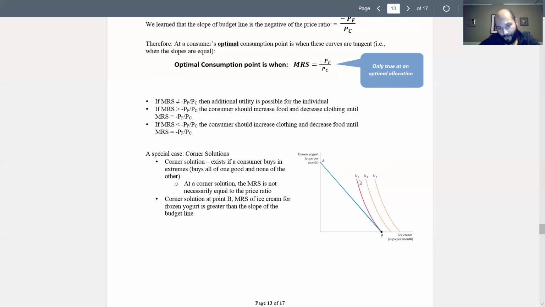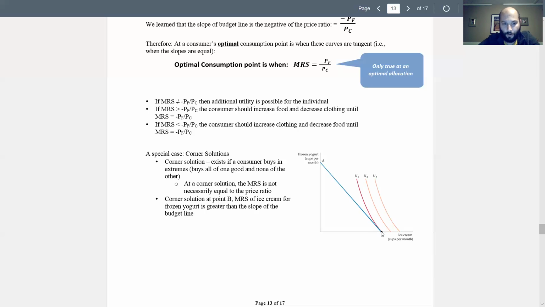All right, so we increase our ice cream. We continue increasing our ice cream down to this point, at which point we're not purchasing any yogurt. So the takeaway is, and this is sort of what we would call a quasi-linear case. We're going to focus in on the case of perfect substitutes, which are exactly linear indifference curves, but those